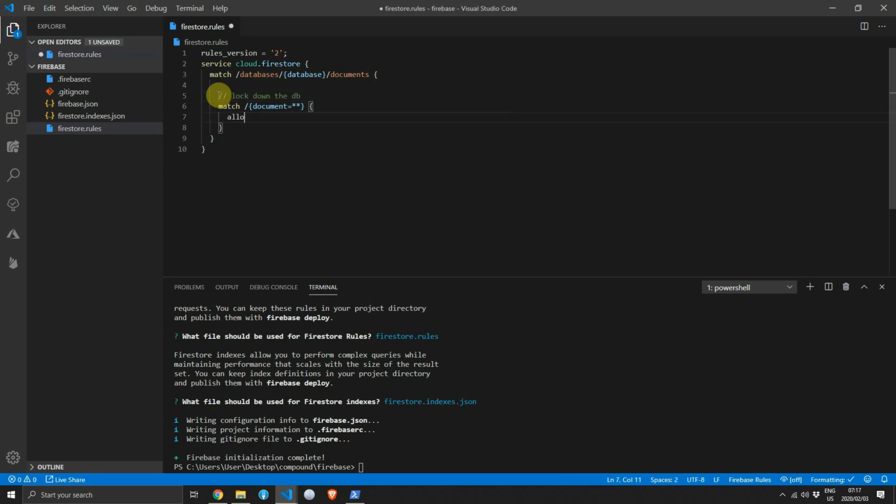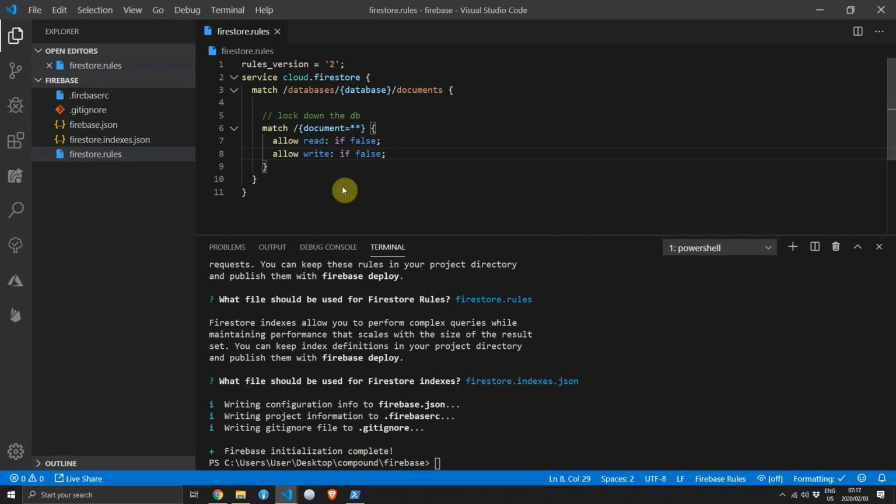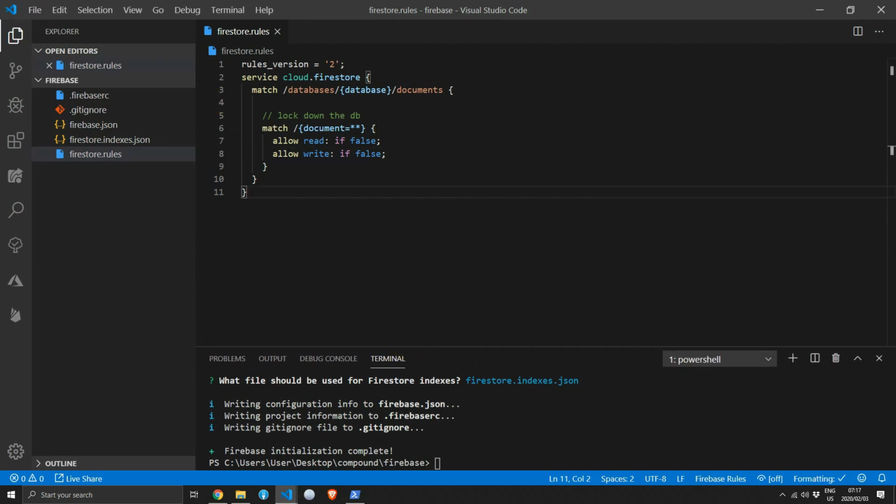You can remove the body of the current match document, and we'll set the allow read if false, meaning that no reads are allowed for any of the documents, and the same we'll do for the write by setting it to false. This locks down the database to a read and a write to the random collections that we might not have defined some rules for. To test out if this actually works, we'll set up our